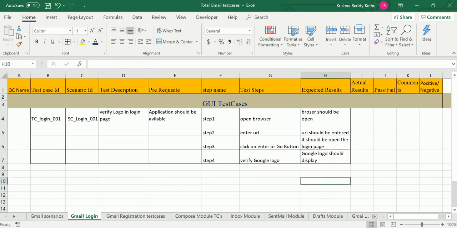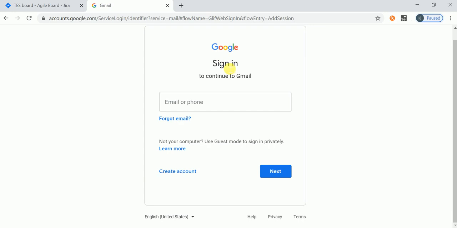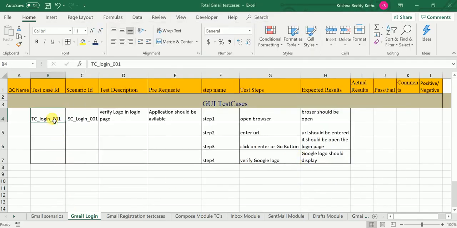This is my first test case. I am verifying this logo. Next I want to verify this sign in. How can you write this one? What is my test case ID? TC underscore login underscore 002. This is my scenario,